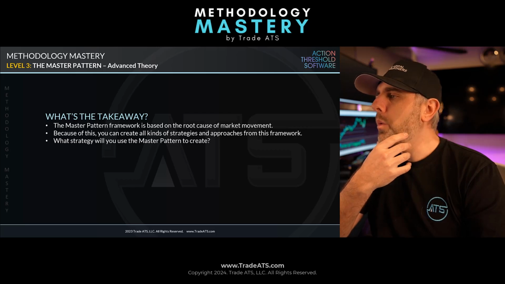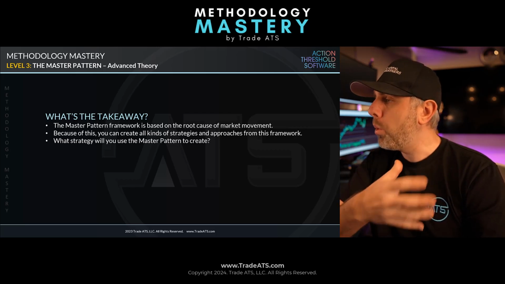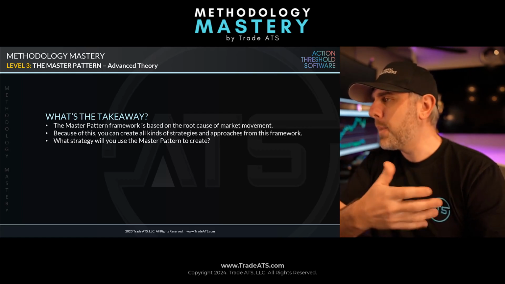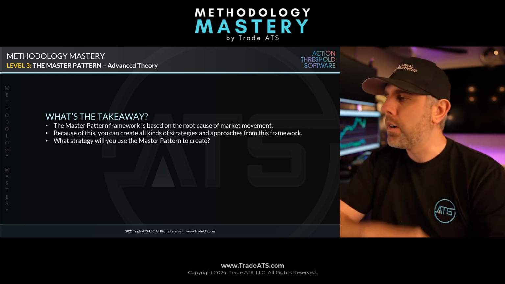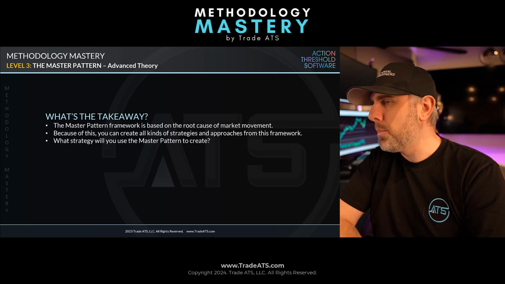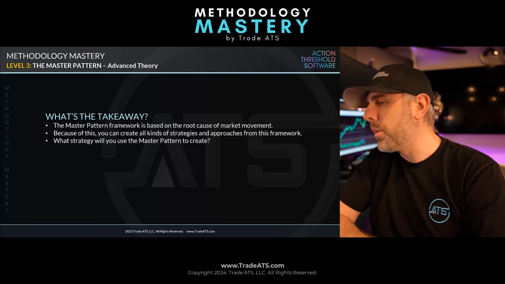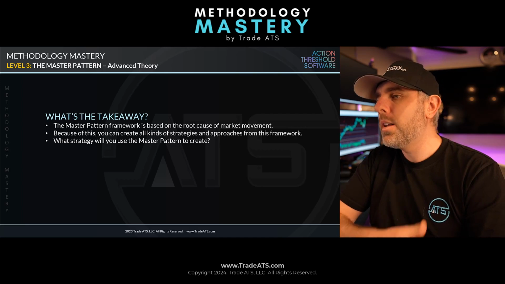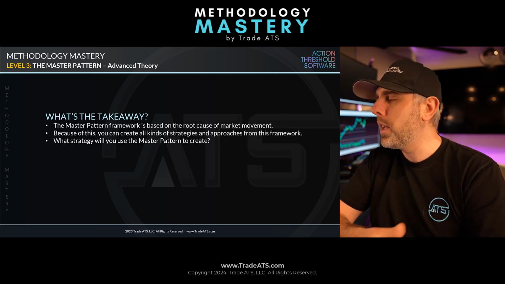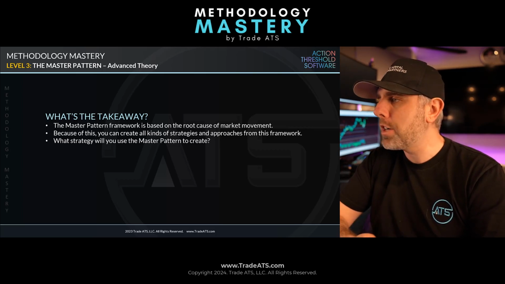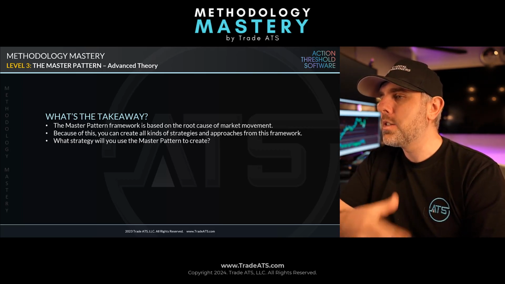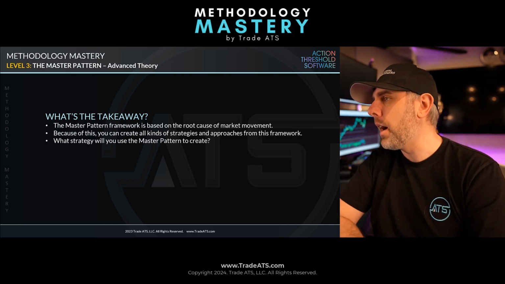So the only way we can really do it, and that's the whole point of the basic strategy, is to get positioned in expectation of a distribution based off the higher time frame. Can we guarantee that the distribution is going to be in the higher time frame direction? No, but if the market is flowing one way for weeks, then every contraction we get on the lower time frame, we come to with the preconceived expectation that the distribution is going to be in the direction of the higher time frame.